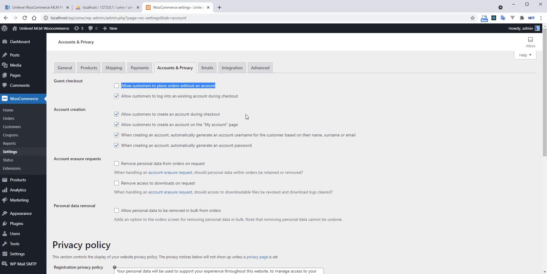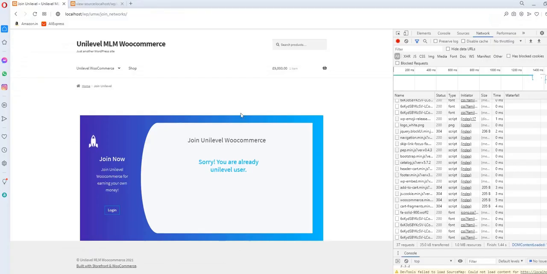After that, if the user wants to be a member of the Unilabel, then he can join by our join Unilabel page that we have created there, and in the menus that will be listed. So let me start first of all from our registration form, that how the registration form will proceed.